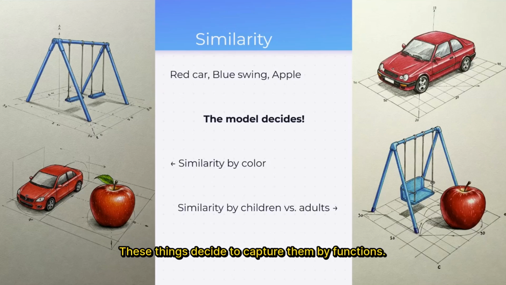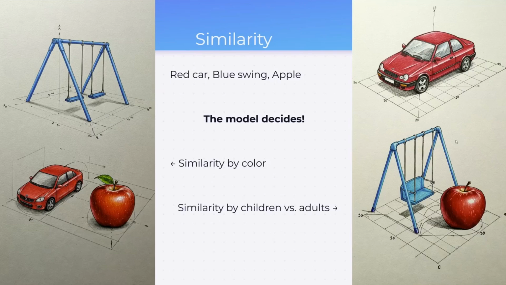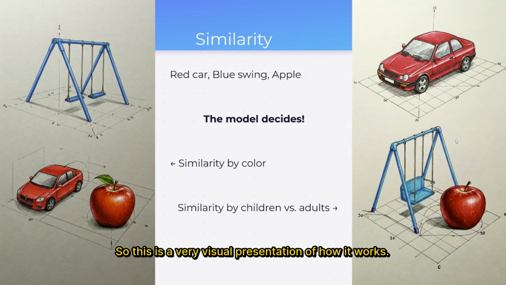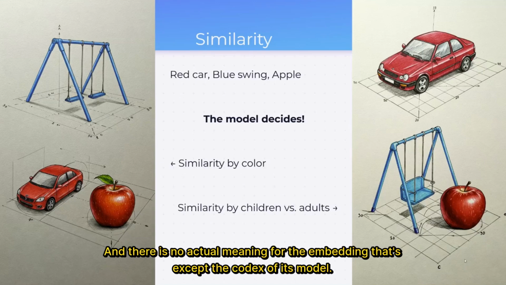These things decide to capture them by functions. This is for adults, this is for kids. So this is a very visual representation of how it works. Now, neither one of those embeddings is correct, and there is no actual meaning for the embedding except the context